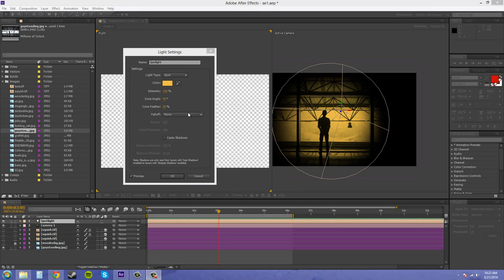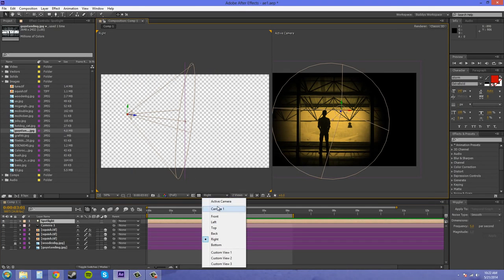The falloff here is going to affect how the light feathers out, or how the light diffuses out at the edges of your lighting here. So if I turn this falloff on to smooth or inverse square clamped, these are both just different types and they just give you different looks. You don't need to know what they mean. Just here's smooth, and I'll hit OK real quick, and I'll bring this into one camera view so we can see,